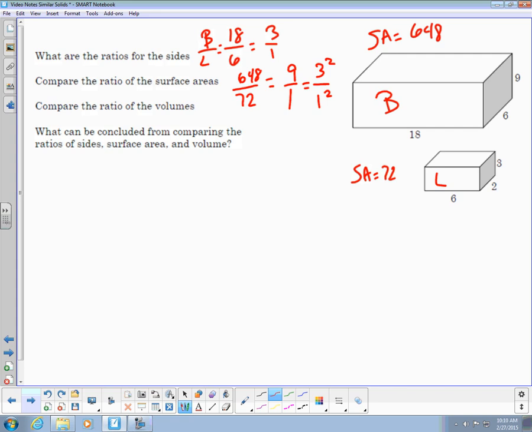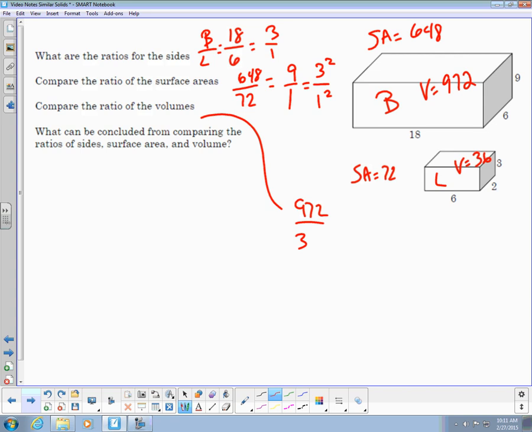Because remember, it's units squared, and so it's the ratio for the sides or perimeter squared. Now volume. We should be able to find the volume here. And so the volume for this big figure is 18 times 6 times 9. So the volume here is 972 units, and the volume here is just 36 units. So when I compare the volumes,